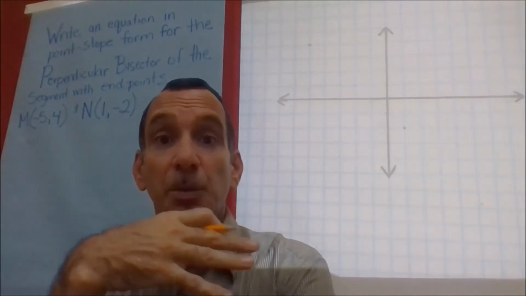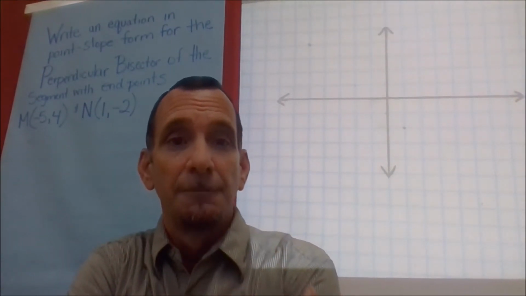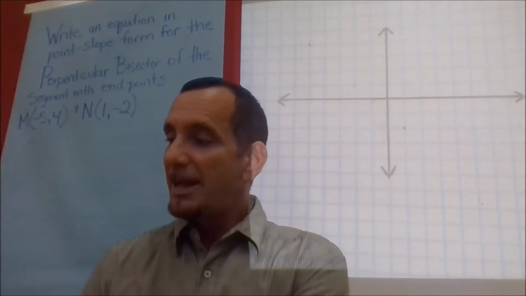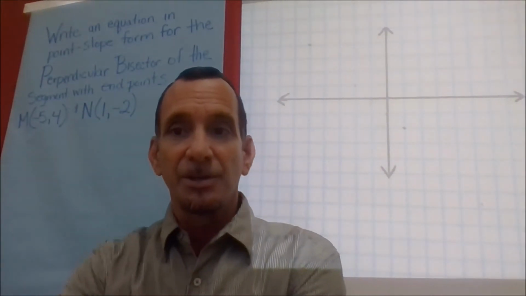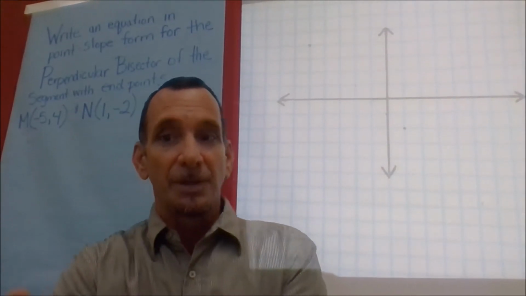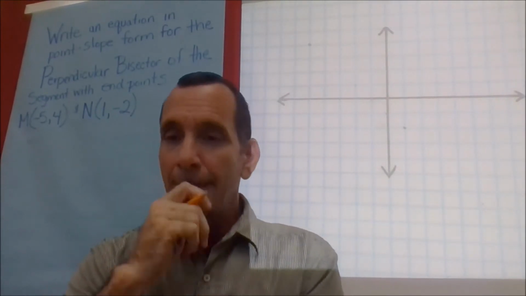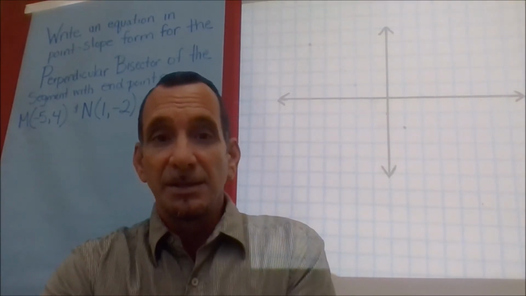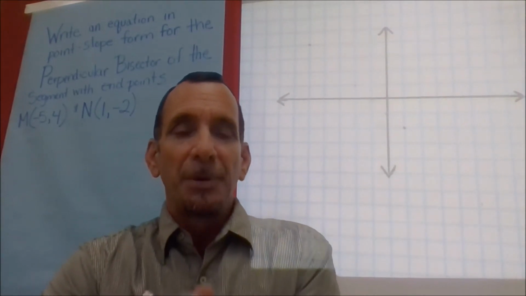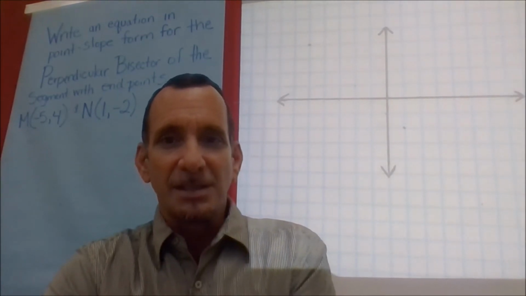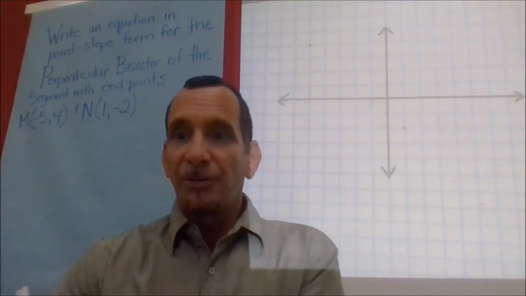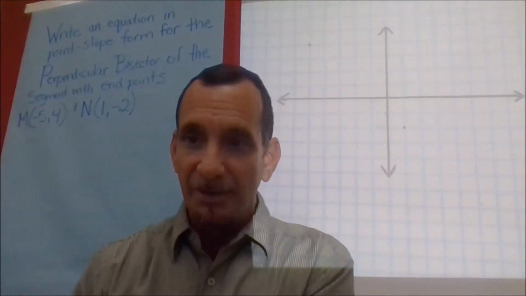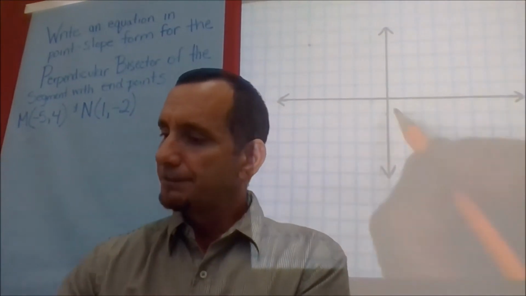So what we want to do is write the equation of a line that is the perpendicular bisector of this segment that's given. The two endpoints are given on the segment. So what I'm going to do for graphing, and you'll see later that you really don't need to graph this problem to solve it, but this is a great problem to look at the graph and see what we are really doing. So I'm going to graph this segment MN with the given endpoints,